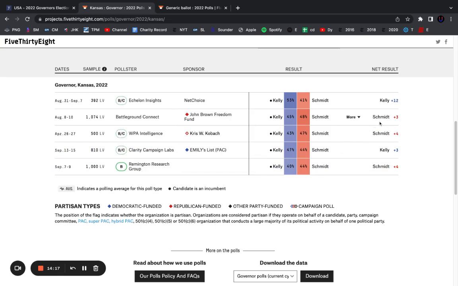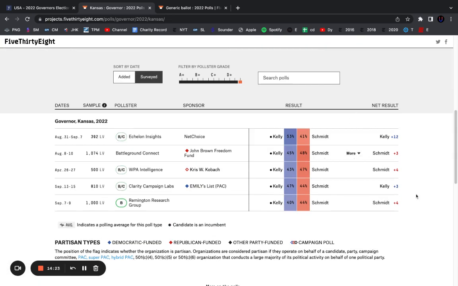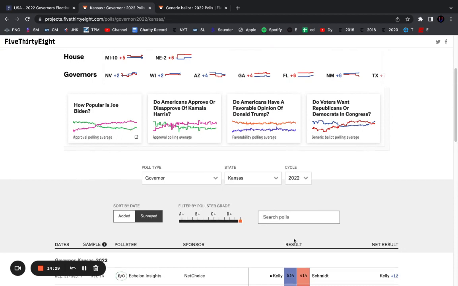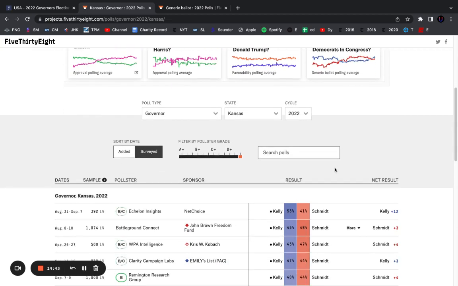They have Schmidt up by 3. So these are all pretty bad polls, but ultimately, and yes, by the way, I do want more Kansas polls because none of the polls have really been good except for Remington, and they're still pretty Republican leaning. But what I will say about Kansas is that it does tend to vote Democratic down ballot. Like in the 2014 governor's race, despite it being a red wave, Sam Brownback, the Republican governor, only won re-election by like 3%. And in 2018, obviously Laura Kelly, the Democrat, won by 5%.